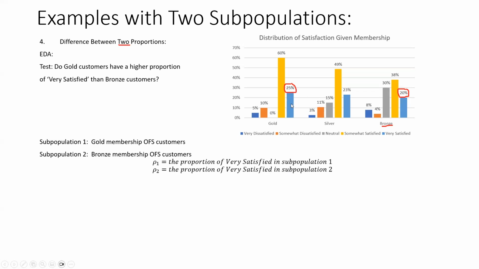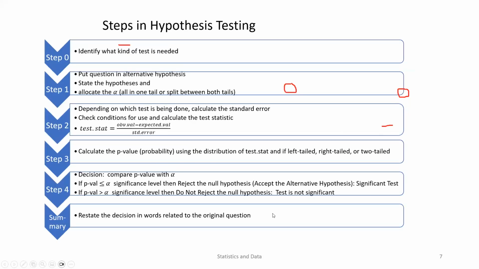This is a sample. It's like throwing a dart at a dartboard. We don't know. This is like the bullseye. We don't know if 25% is the truth. This is what our sample claims, right? And same thing with the bronze, a different dartboard. We don't know, again, what row 2 is for that subpopulation, but we have a sample estimate, which we're going to refer to as, this one is P bar 1 and this one is P bar 2. All right, so